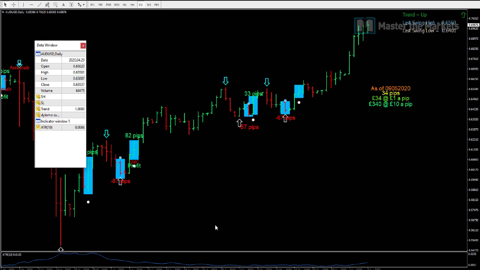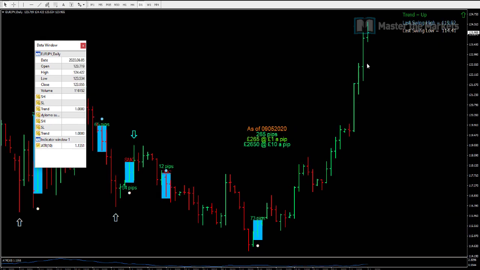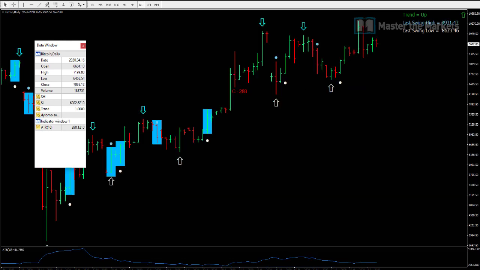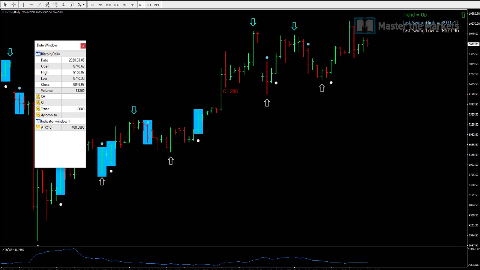Aussie dollar still strong momentum on the upside. Euro yen still showing strong momentum to the upside. Bitcoin still oscillating within the 10,000 mark over here. Primary shown here, bit of weakness showing at the moment. Let's see if it does take out the level over here, is what we're looking at, for this level 9,709